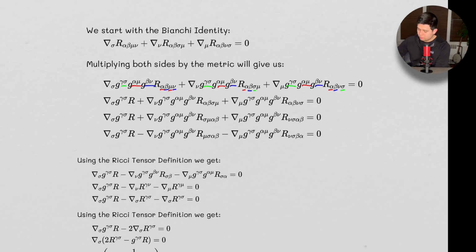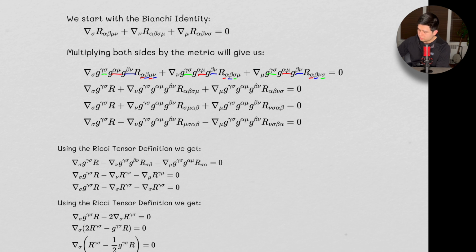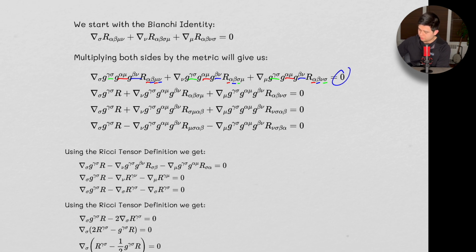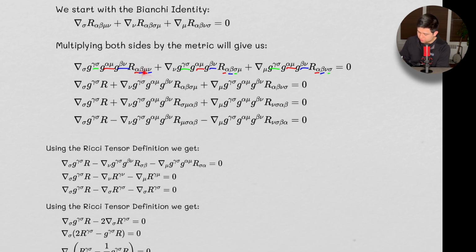So we multiply both sides by a metric. When we multiply this side by the metric, that's just going to be 0. So we can condense things down, because we have alpha, beta, mu, alpha. This gets condensed down to the Ricci scalar. And then here, alpha, beta stays the same, and this guy's going to stay the same also.